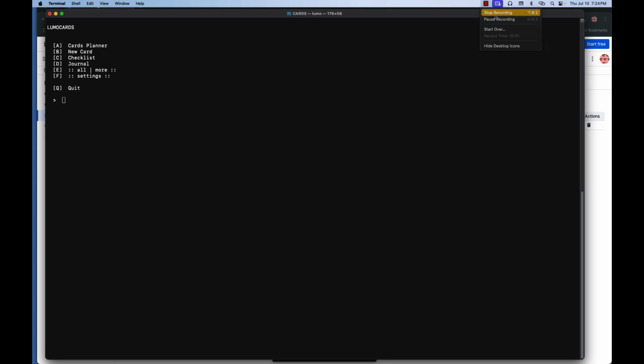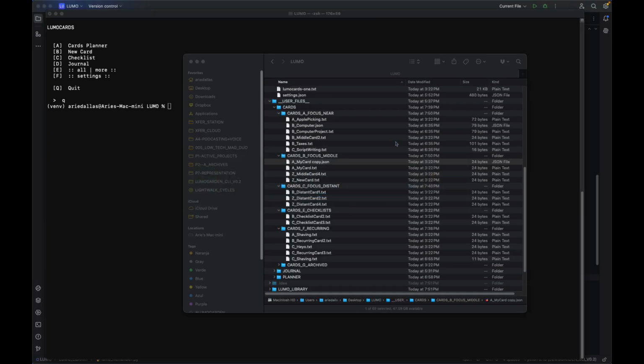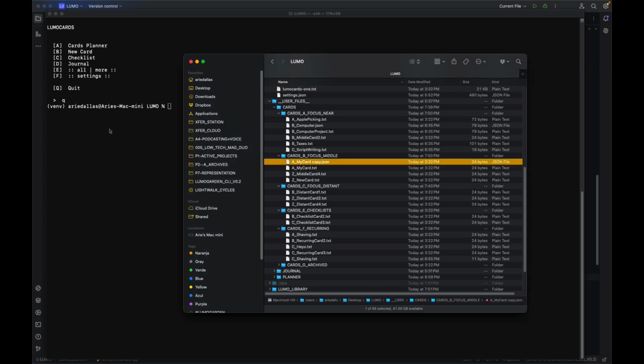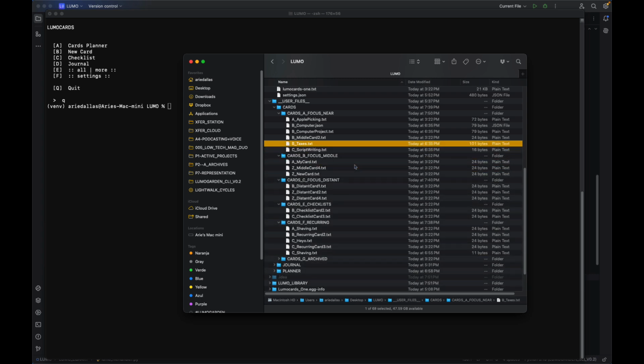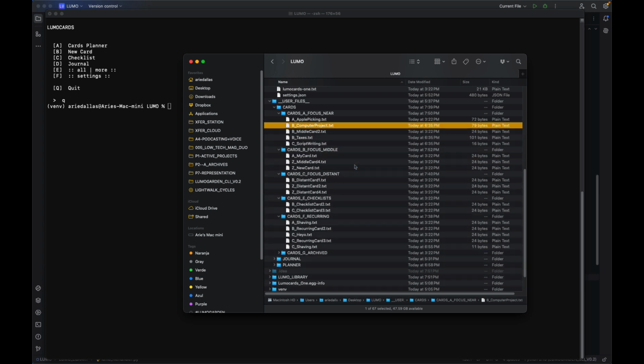Okay, so a last thing to discuss is Lumo can handle some basic renaming and moving from within the folder itself rather than having to move and rename things in the terminal here. So for example, let me just get rid of that because I don't want that. But for example here,